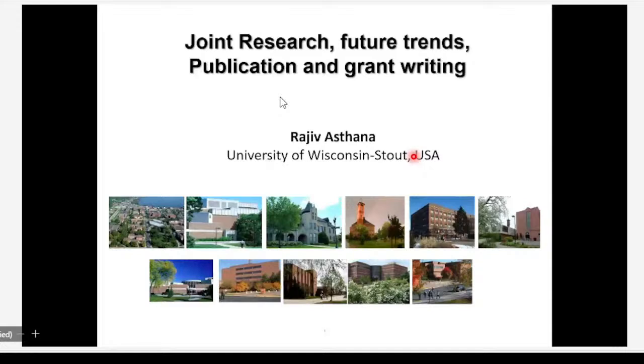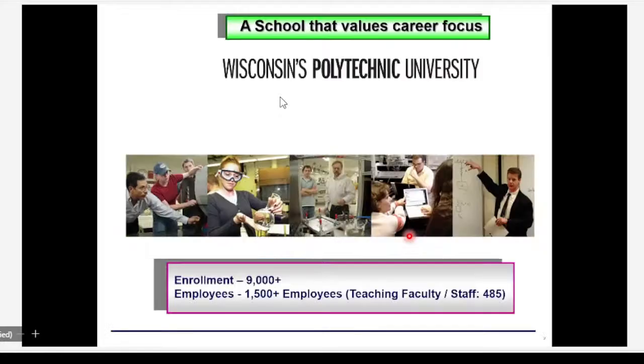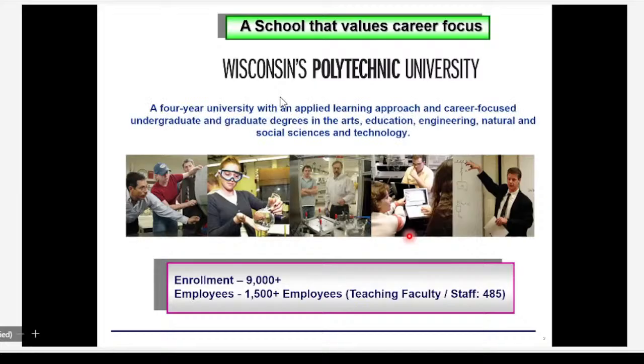So on this slide, I have pictures of my university. This is a campus that is around a lake, and in peak winter, the entire lake freezes, so it becomes solid, and the whole campus becomes white. But these are the pictures in spring. So our university is technically a polytechnic university, and this is the only polytechnic